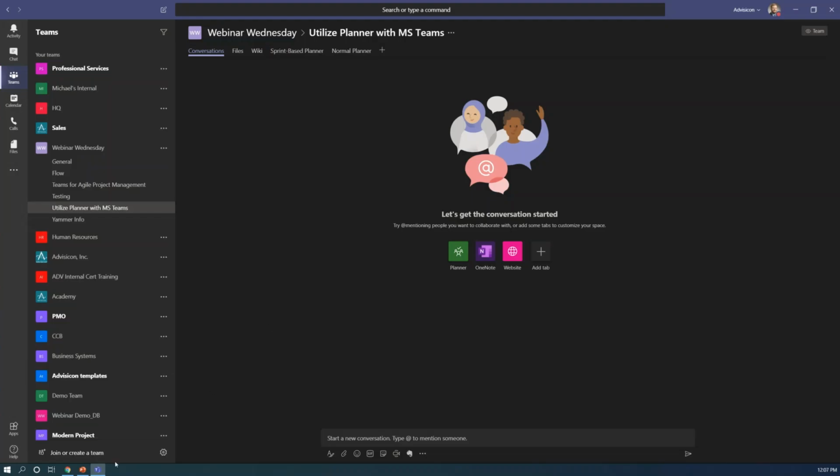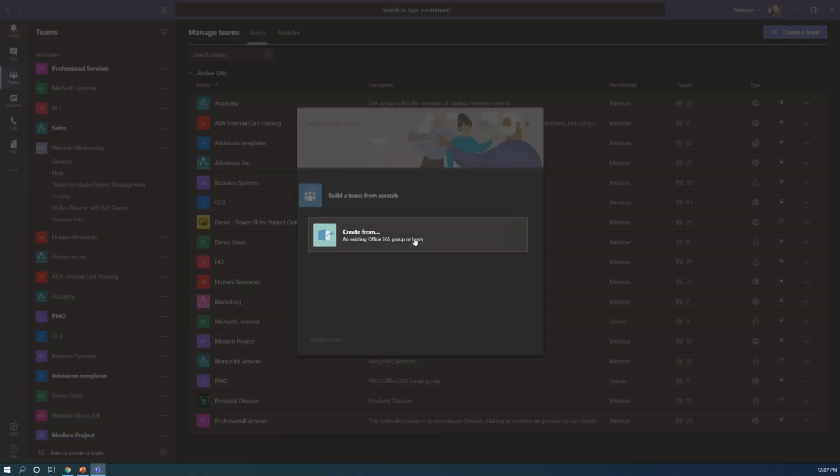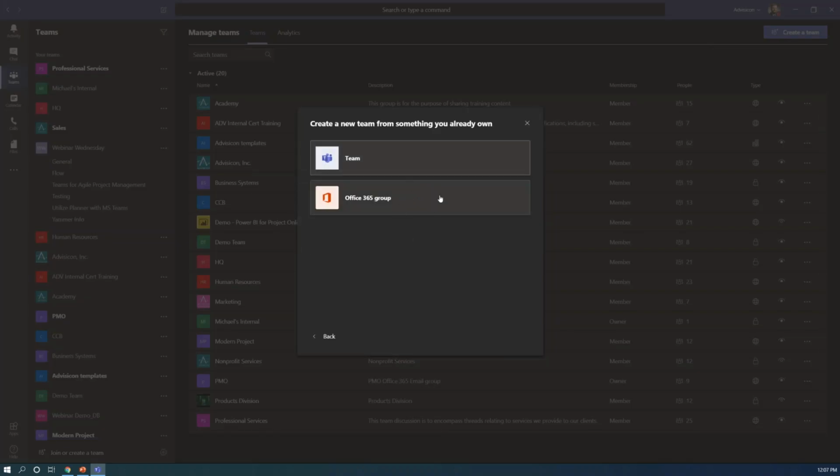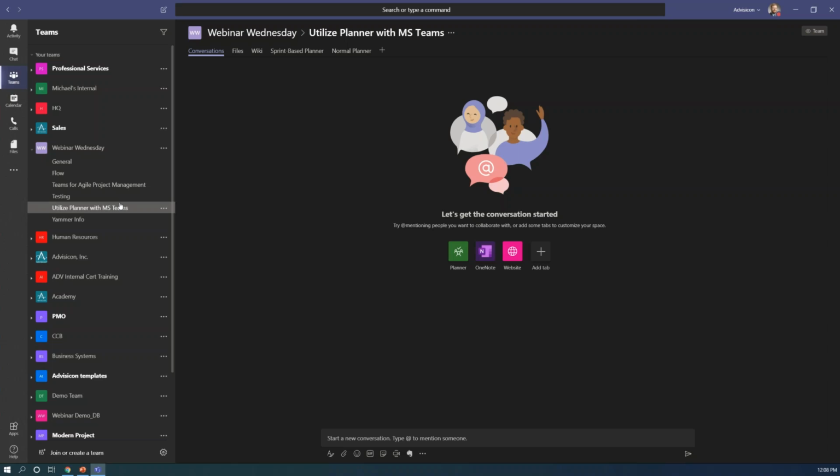I also have the ability to do that by going down here within Microsoft Teams, clicking on Join or Create a Team. And if I just create a team right from there, I can create one from an existing Office 365 group. And that's how you can bring your Office 365 groups right into Teams, which if you had a planner board associated with that Office 365 group, you can bring it right in here.